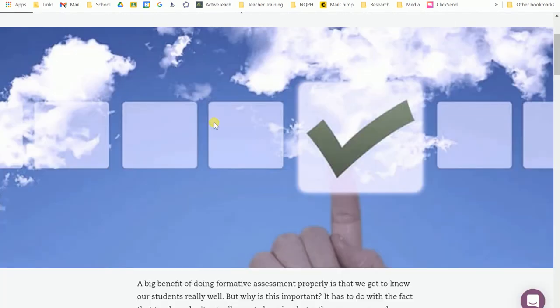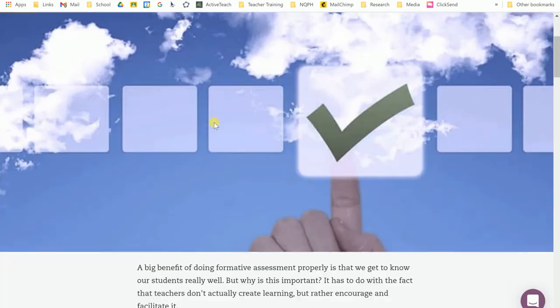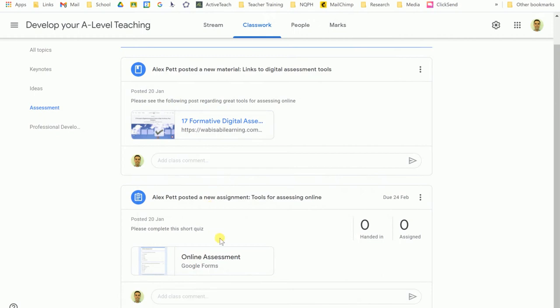By making it anonymous, we seem to be getting more and more feedback. Obviously, there's the use of online forms as well. These can capture more extended responses, so if you're looking to gain some feedback from students in a more summative nature after a lesson, then it will give you a very good indication as to how well teaching has gone that day. And again, it gives you an idea as to how you can craft your lesson to better meet the needs of your students.